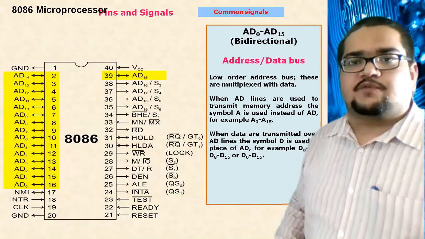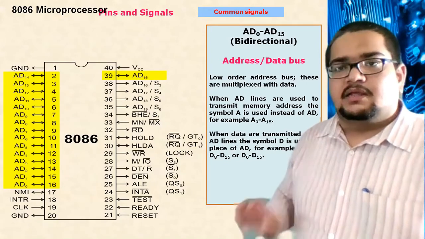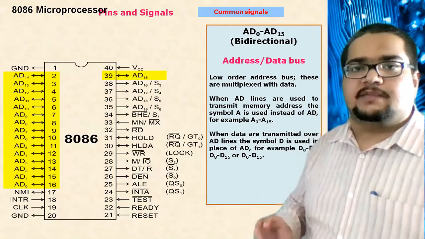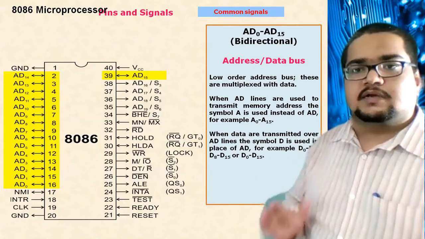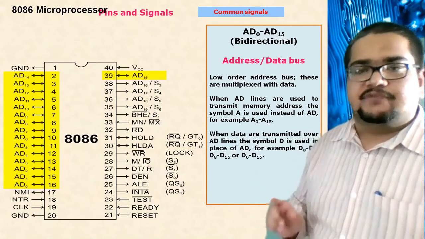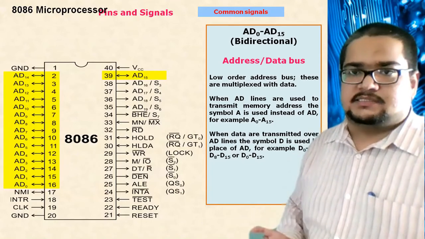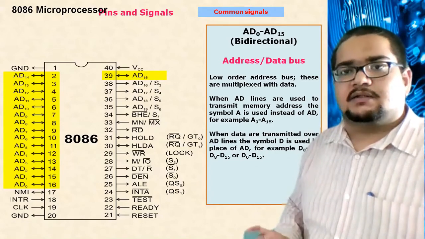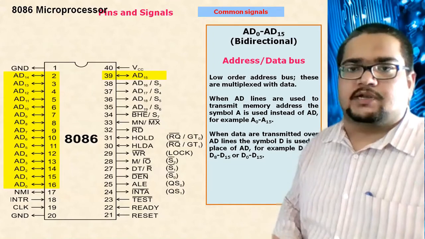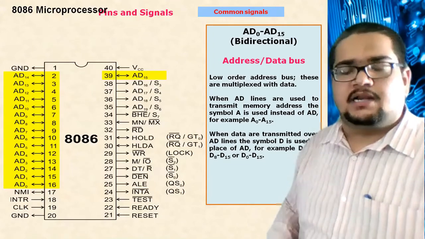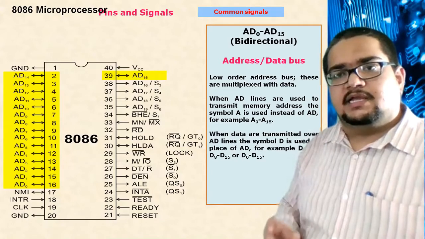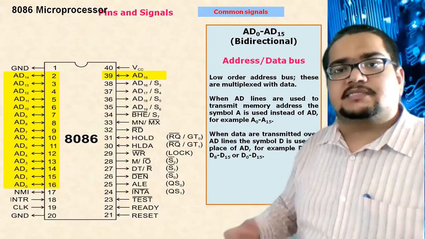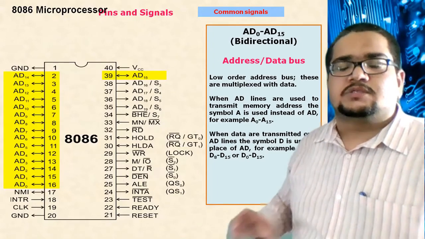There are two possibilities of functionalities given to this line. That is, it can have address on it, or it can also have data on it. For a certain moment of time, a particular fixed amount of time will be there when these lines will be address lines, and another fixed predefined amount of time will be there when these lines will be the data bus. So there will be no conflict, and there is no request grant system here. Directly, at the start of time, for a certain amount of time, it will be address, and after that it will be data, and the cycle goes on continuously. Okay, so like this it will be there.